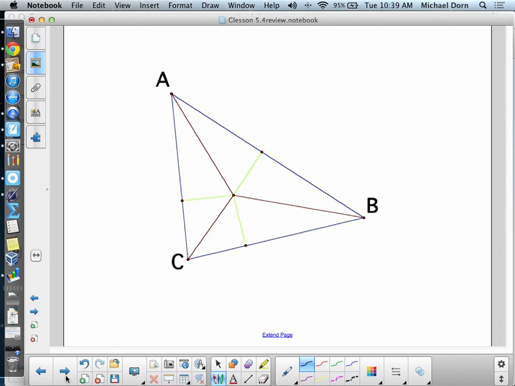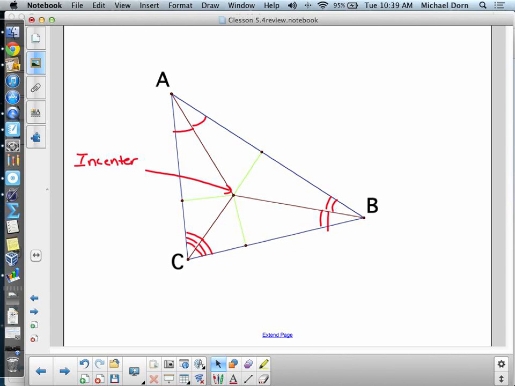What do we call this point? These red lines indicate angle bisectors. All right, so that's an angle bisector. That's an angle bisector. That's an angle bisector. What do we call this point here in the center? The incenter. Okay. And what's true about the yellow lines? They're congruent. The yellow lines are the ones that are congruent. So this has to be the same. So if I drew a circle here,